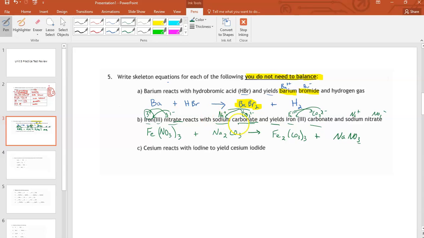All right? And then cesium, so that's just Cs all by itself, reacts with iodine, I2. Now, iodine is one of the 7 Brinkelhoff elements, which means it's diatomic. Yields cesium iodide. So cesium is a 1 plus, iodine is a 1 minus. They're equal and opposite, so we just put them together. Cs